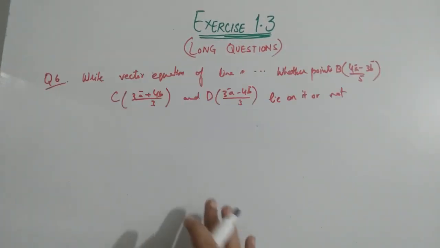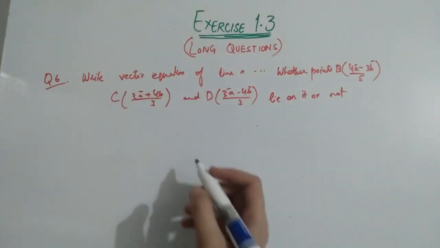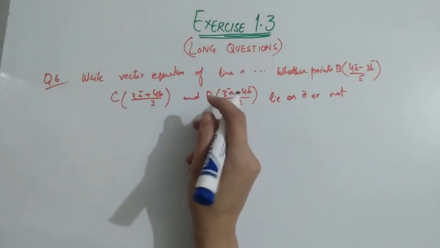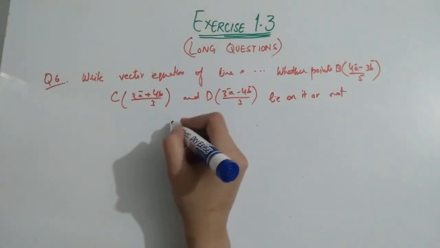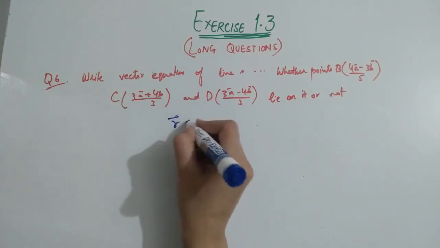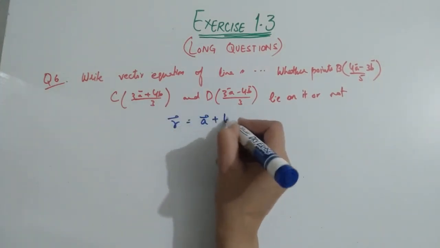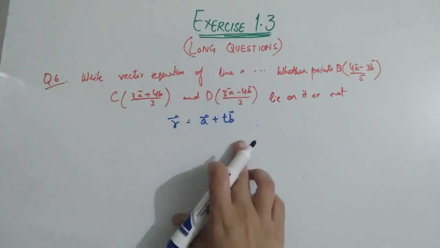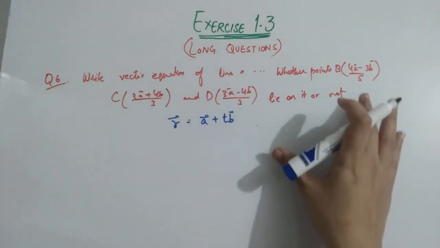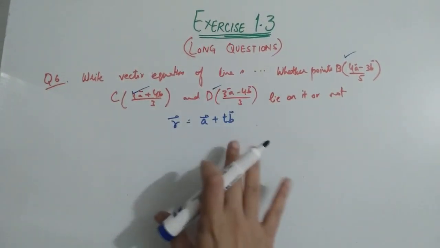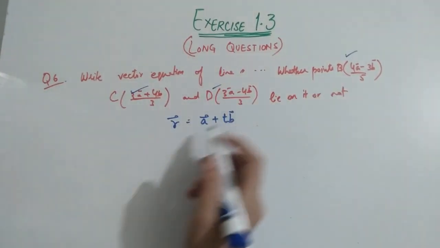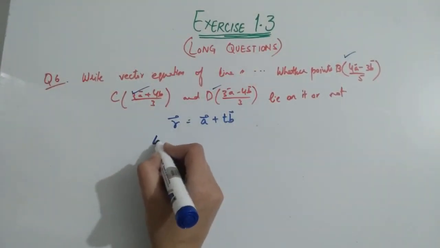ये question number 6 बिल्कुल वैसे ही है जैसे question number 5 हमने किया है। तो आपने बस vector equation लिखनी है of a line through the point A and parallel to b। अब क्योंकि वो जो line है वो A से pass कर रही है और parallel है vector b के, तो इसको हम a plus t b लिखेंगे। अब आपने बस check करना है इन points B, C और D को कि वो इस line पे lie करते हैं या नहीं करते। तो simply आपने बस क्या करना है कि B की value यहाँ put करनी है